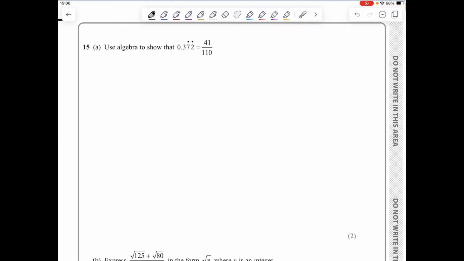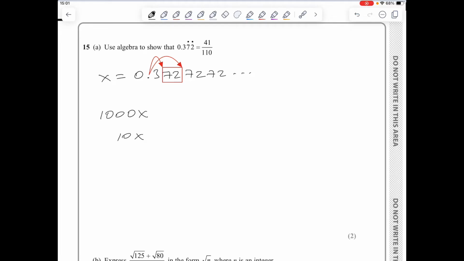For part A of question 15, I'll start by writing x equals 0.3727272 and so on. So what is being repeated is the 72, and the first 72 I get in this number is the following. And note that this 72 begins one place after the decimal, ends 3 places after the decimal point. Therefore, I'm going to need the